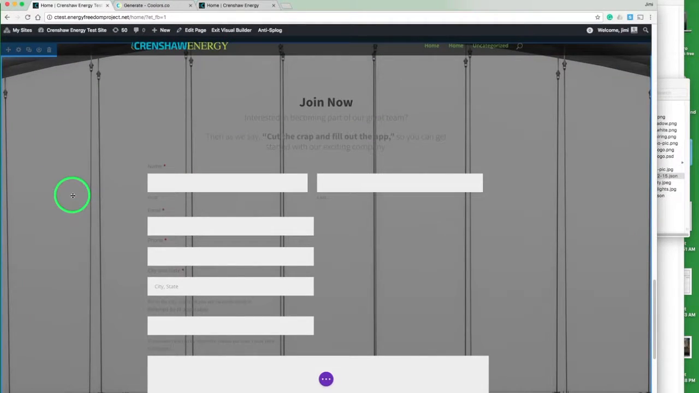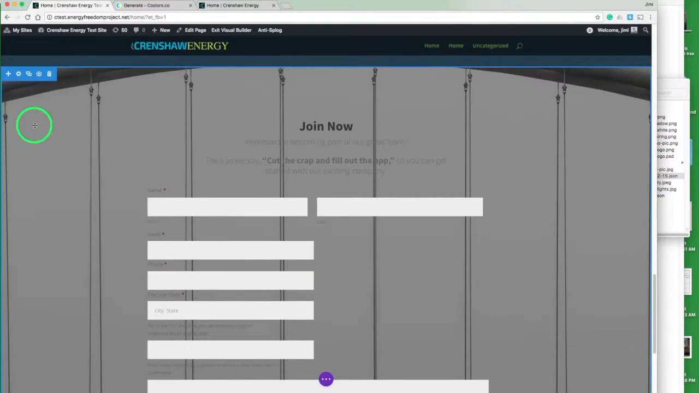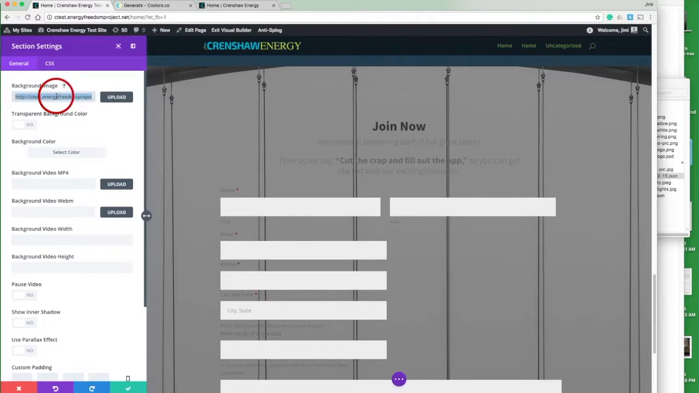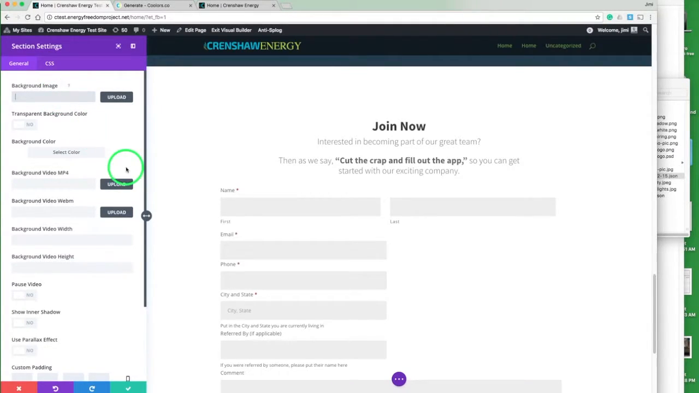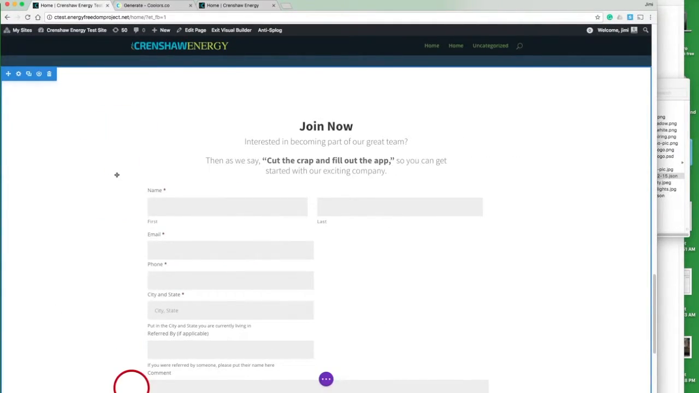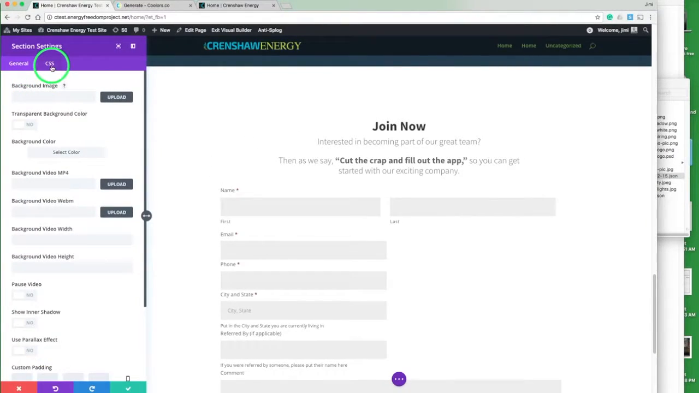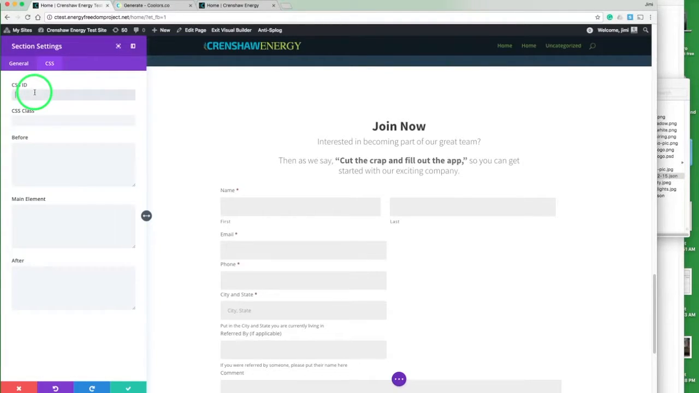So you can see our form filled in there perfectly. The last thing I want to do is just get rid of this background image, so we've just got a white background on this section. Then the form shows up pretty well. And this is actually, again, we're going to come in here to the CSS, and in the ID we're going to put join